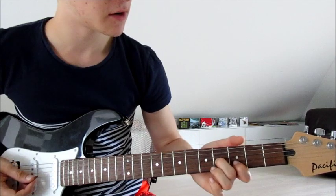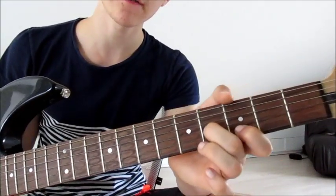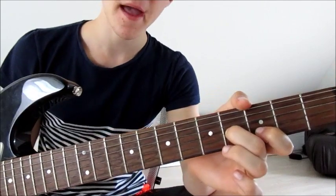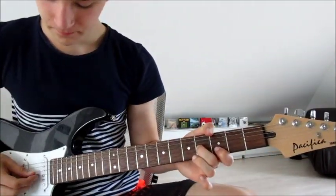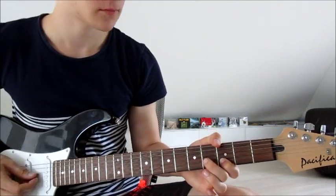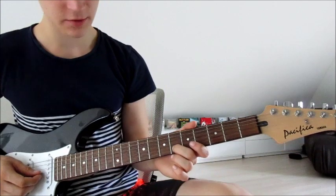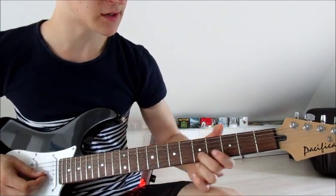Then we slide down, so now our first finger is on the 3rd on the 2nd and our 2nd finger on the 4th on the 3rd. And we do the thing we just did 30 times. Then our 2nd finger goes down to the 6th on the 2nd string, slide down into the 4th,